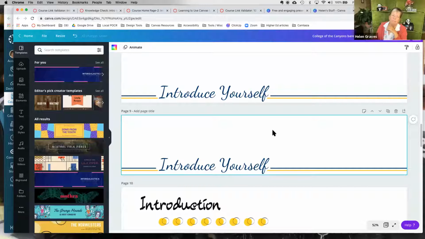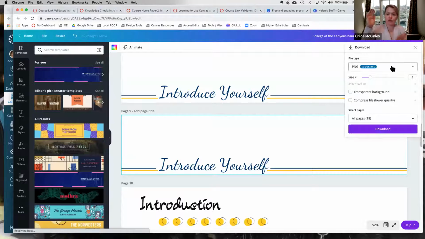And to download it, it's literally as easy as the top right corner. You just click on that download button and you can choose which of the ones to download. You can choose the format, so if you're trying to download a PDF, or you can choose to make it a picture file or whatever. It gives you all those different options. You choose the size that you're thinking of, make those changes, just duplicate, and then click download. It'll download it and you can upload it to Canvas.